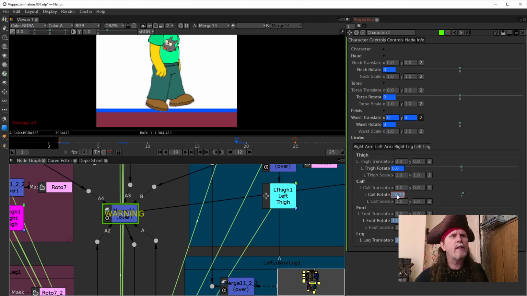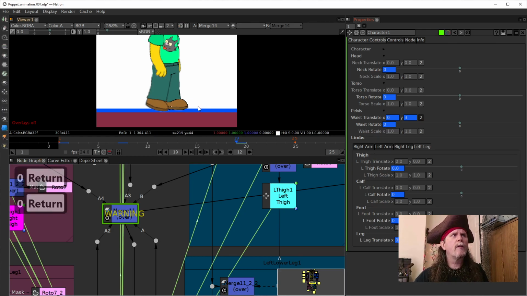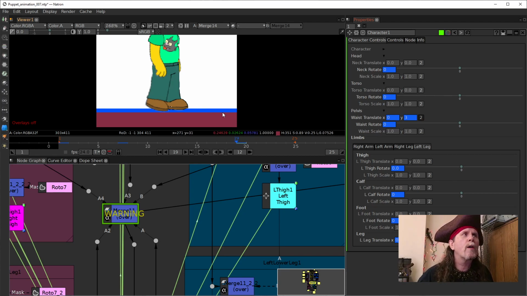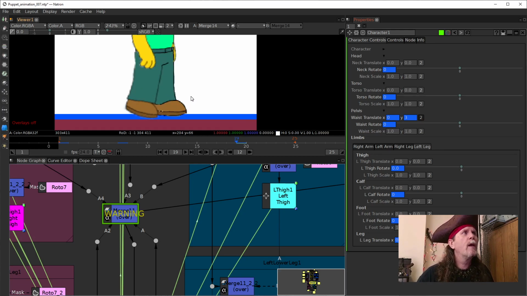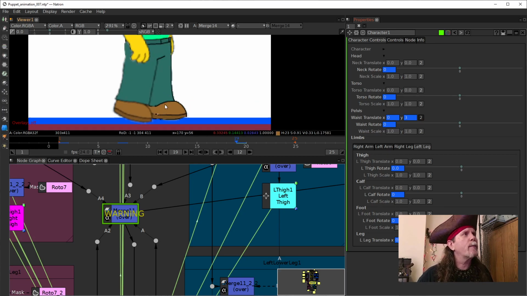Oh, wait. We're zeroing these. This is the left. 0, 0, 0, 0. The right leg is the one that's going to be in passing. This is where we're actually going to be seeing how that motivation works and everything. And we may actually play with some things. All right, so the left leg,